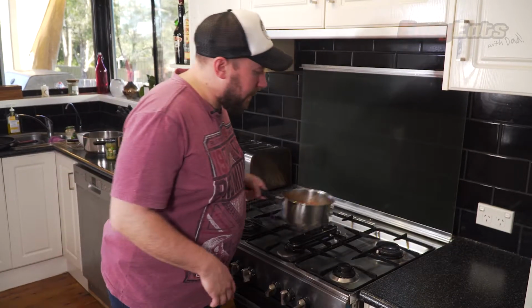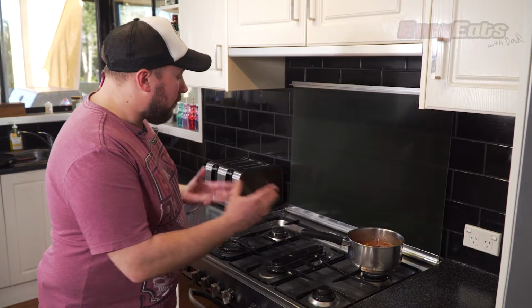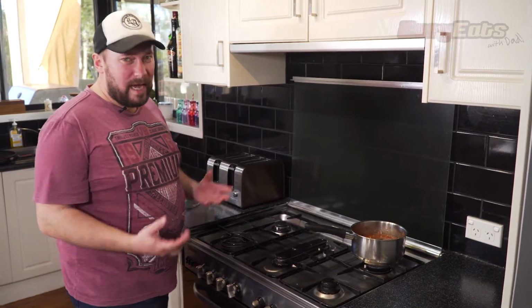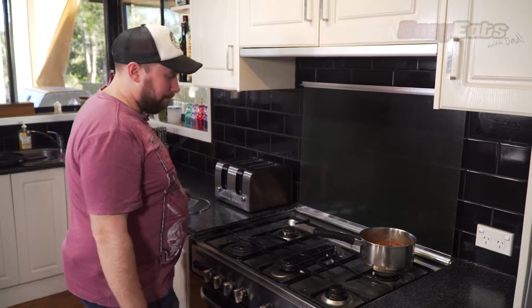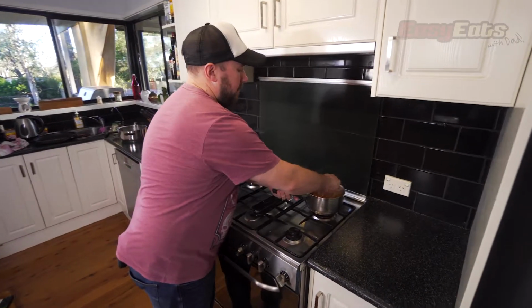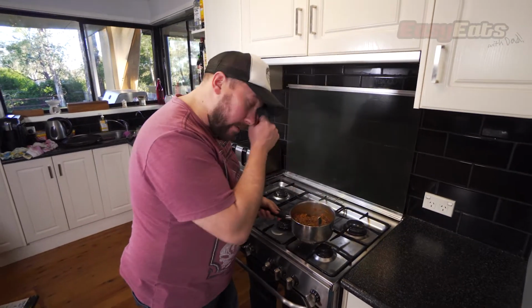So that's our sauce. Basically what we want to do is put it on a very low heat for probably half an hour to an hour. We'll check it after half an hour and see how it's going, and then we're just going to cover it and let it simmer. All right, so this has been on the stove for about an hour, just simmering along,